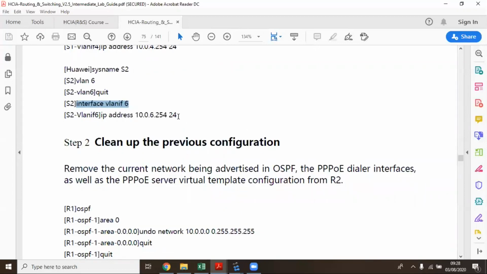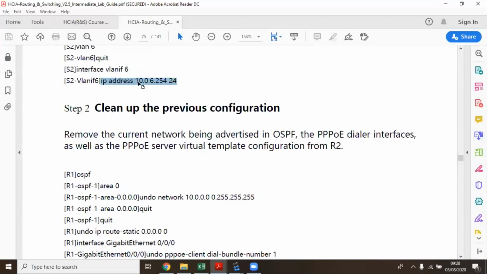So again here, we give it an IP address. We give it an IP address like that. So after we've done that,